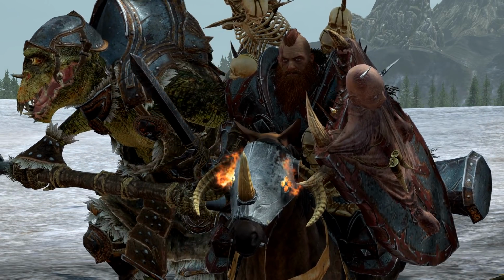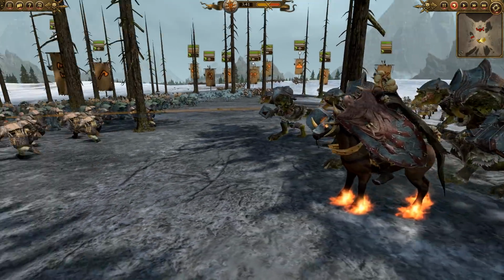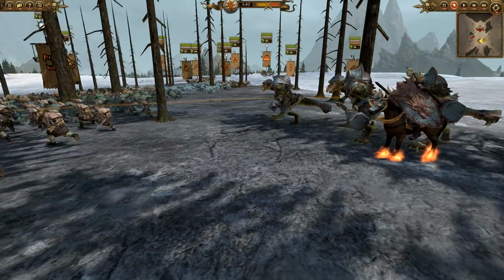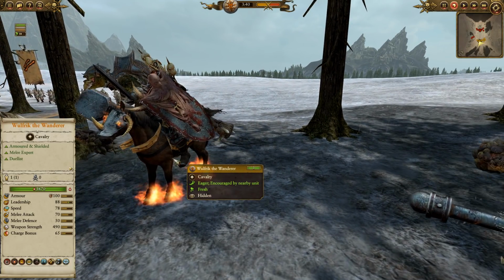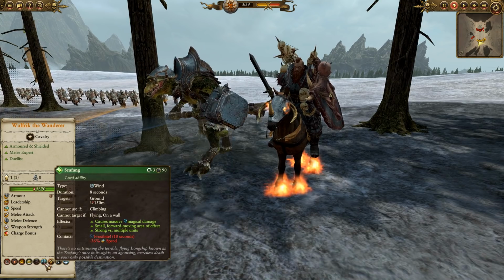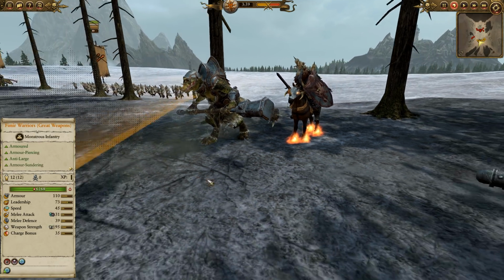As you can see from Wulfrik the Wanderer, we're here today with Norska, going to be taking on the High Elves. So let's get to the army compositions. Wulfrik's going to be on a horse here. Let's go ahead and look at his ability loadout. We've cut Foe Seeker, we've just got Sea Fang, Fight or Die, Hunter of Champions, and we've also brought the